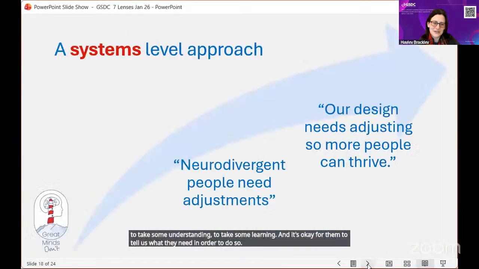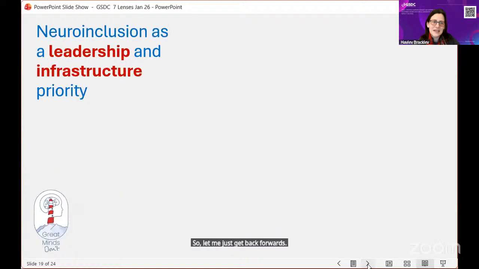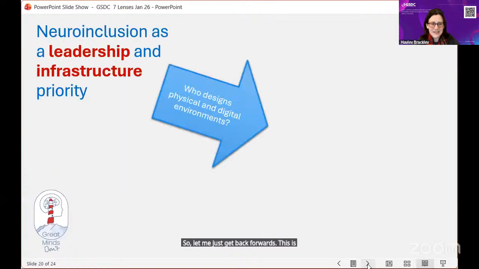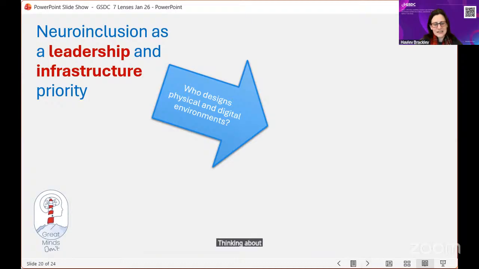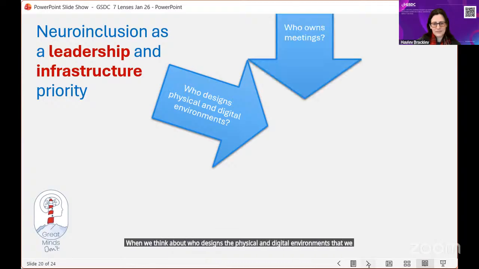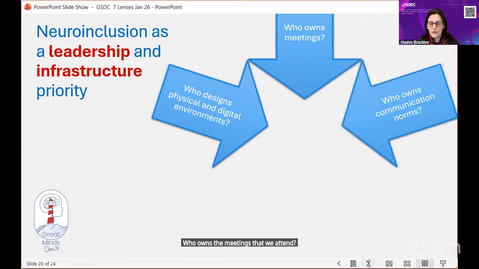So let me just skip back forwards. This is the 7 lenses. And for those working in that leadership space, I wanted to give you just a little build here. Thinking about neuroinclusion as a leadership and infrastructure priority. When we think about who designs the physical and digital environments that we work in, who owns the meetings that we attend, who communicates the norms of a workplace,